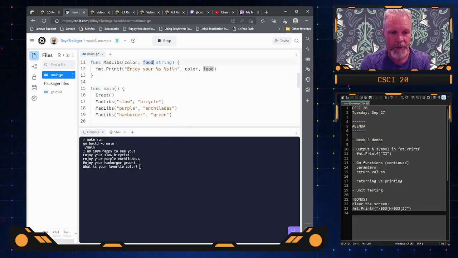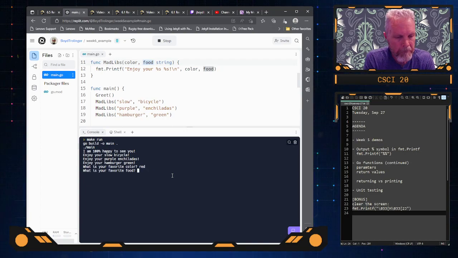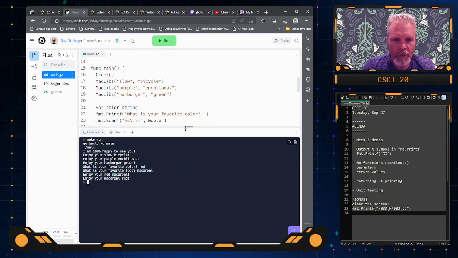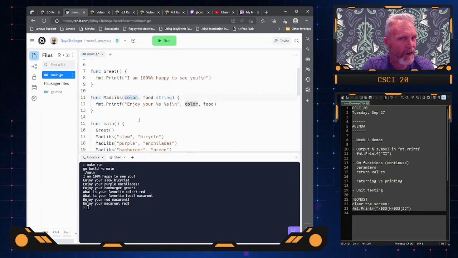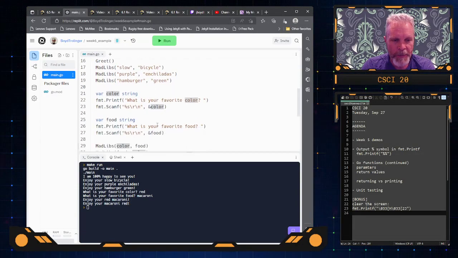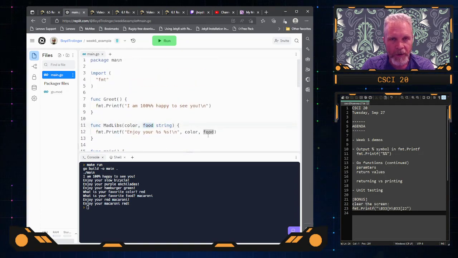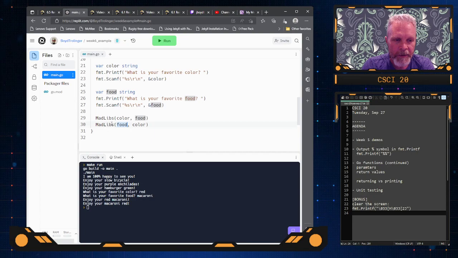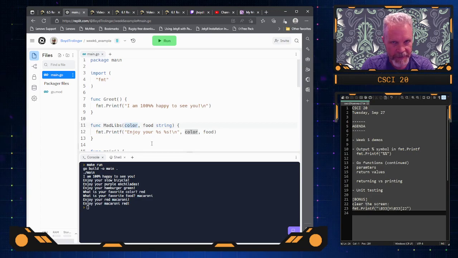So you notice enjoy your hamburger green, and then I will say, I don't know, color red. Favorite food, macaroni. And when I pass those, so when I pass the color first, it gets plugged in by the function into the first slot, which it also calls color. And then when I pass in food, it gets plugged into the second slot, which the function also calls food. But then this is kind of off-putting for people. When I call the function with food first, it actually gets plugged into the color slot when it arrives at